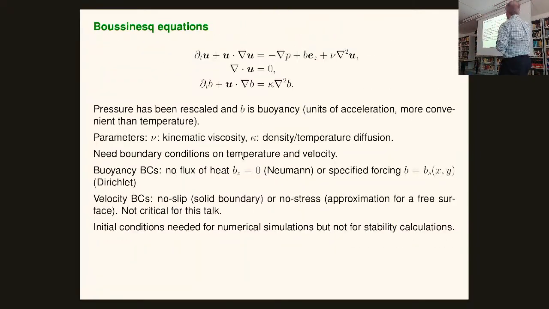Okay, I'm going to work with these equations. For the program last week, we were told we had to put the equations up, so I did. So these are the Navier-Stokes incompressible Boussinesq equations. We have buoyancy as our temperature-like variable. It's simpler to use because the units are simple. I've rescaled pressure, and we see we basically have viscosity and density.